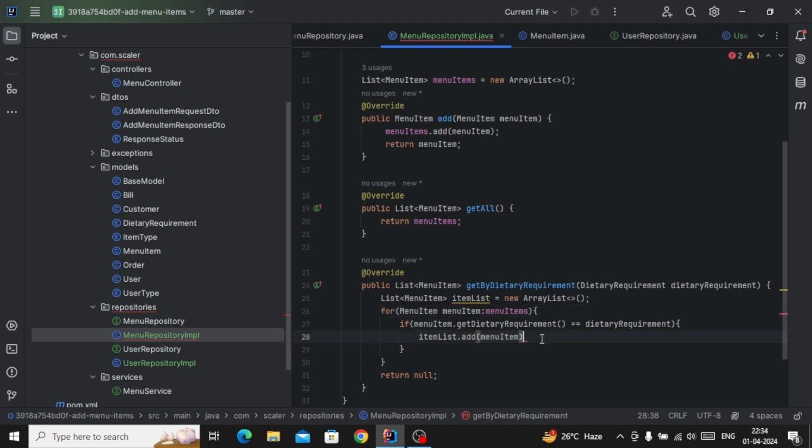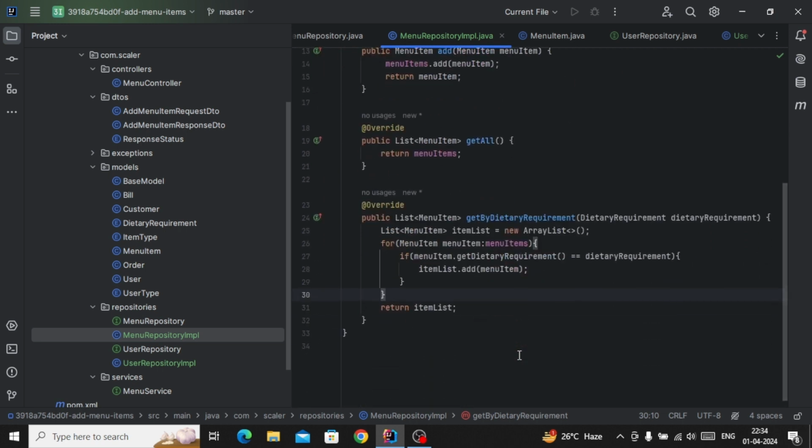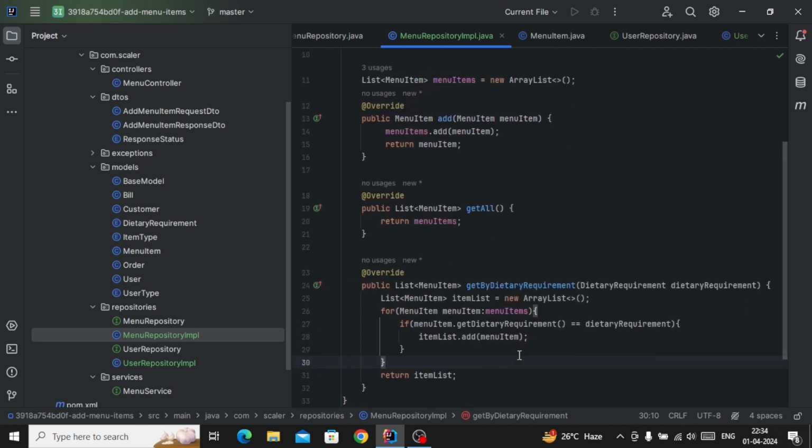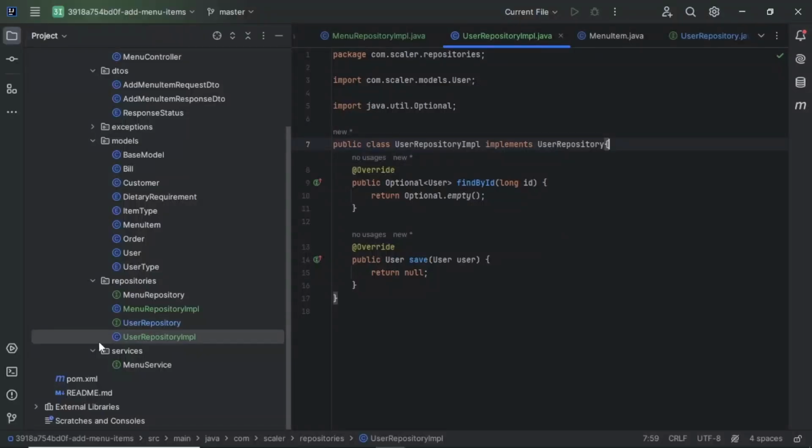Rest we will just leave it like this. Okay. So after creating this list, we will return this list from here. Now you can see we already created this repository. Okay, and the same way I will create the user repository quickly. So now we will implement this repository IMPL. We already implemented the user repository. Now we will just write this method.